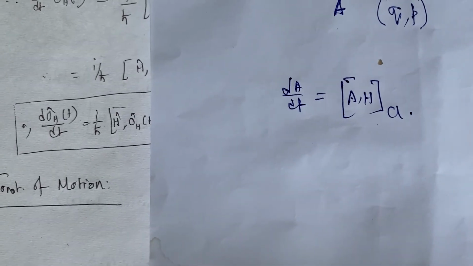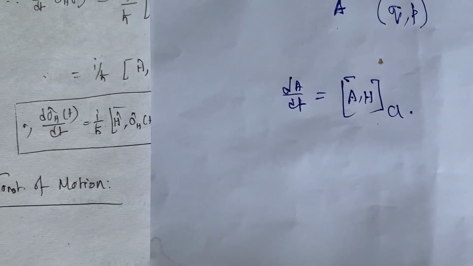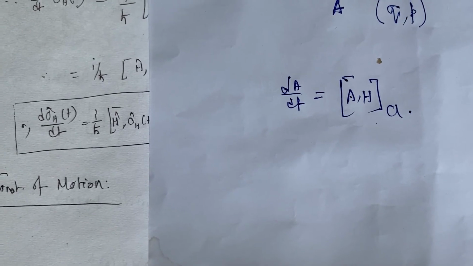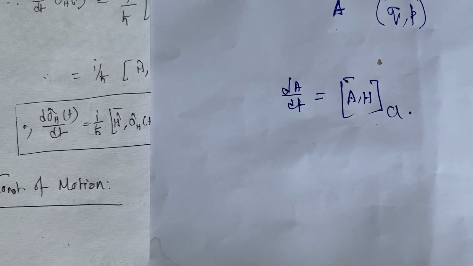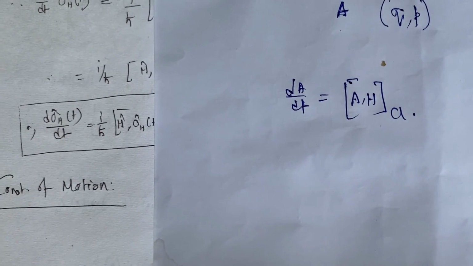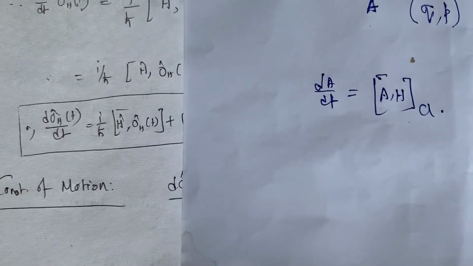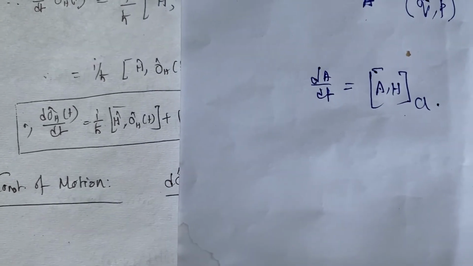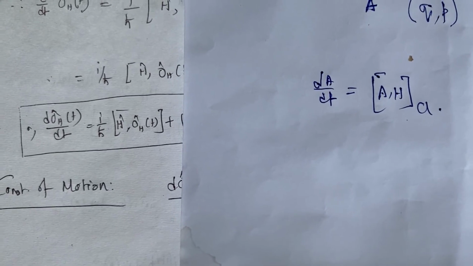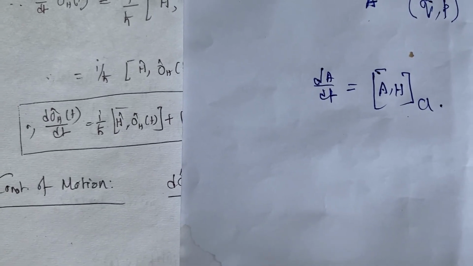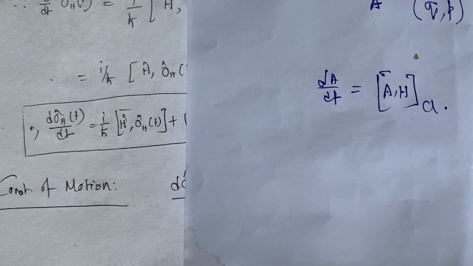And again, if we look into Dirac's quantization rule, that also leads to the correct equation in quantum mechanics. Now, one thing I would like to say is that this equation was actually derived by Paul Dirac, and he called it the Heisenberg equation of motion.